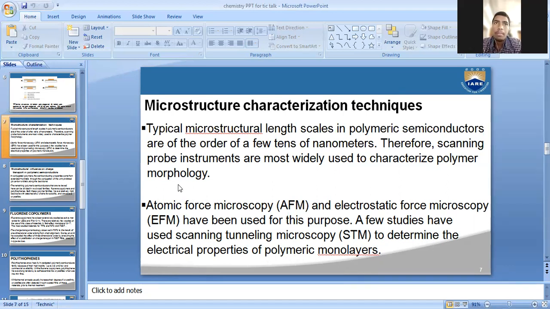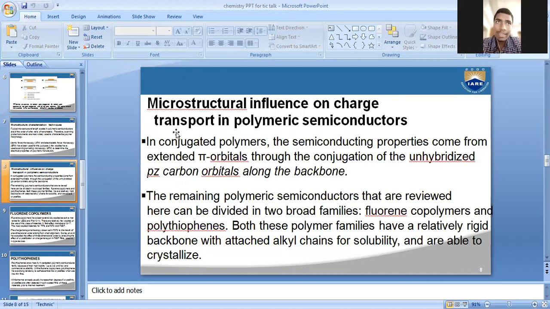The other microstructural characterization techniques are atomic force microscopy (AFM) and electrostatic force microscopy (EFM), which have been used for this purpose also. A few studies have used scanning tunneling microscopy (STM) to determine the electrical properties of polymeric monolayers. The next slide is